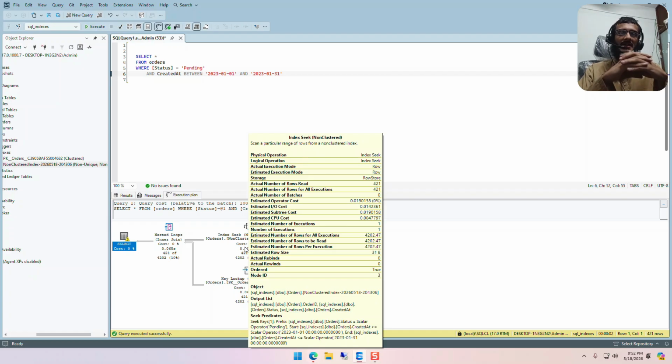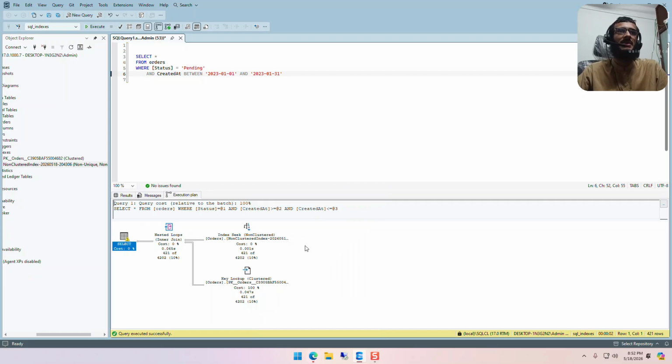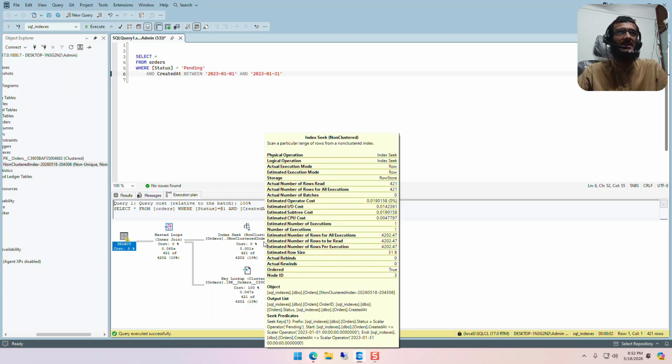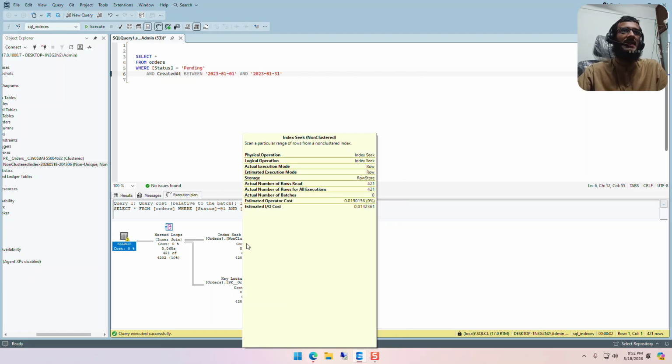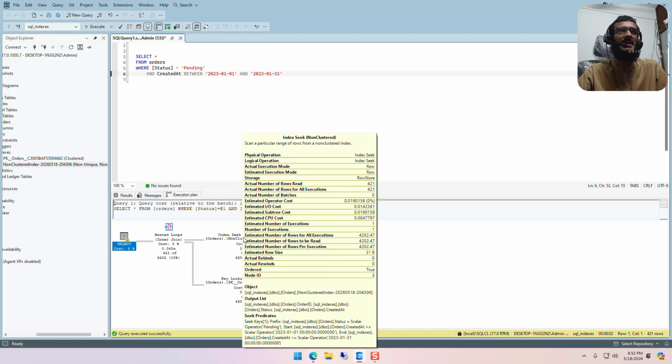If you see a clustered index seek or a clustered index scan, SQL Server is going back to your table and using that table to fetch the data. This time we have something called a non-clustered index seek. You can see the name here, non-clustered index seek, which means that it's using an index apart from our primary key index, our clustered index. And by this seek here,